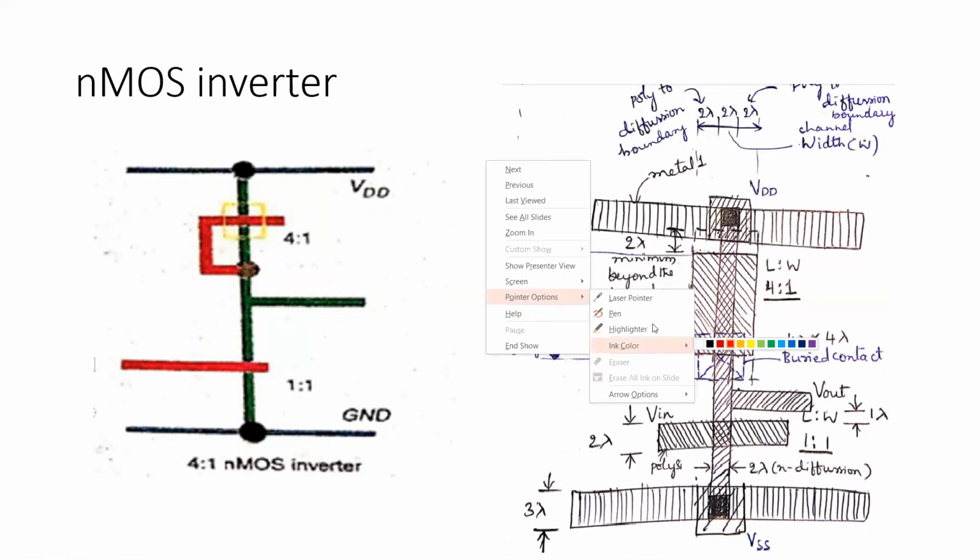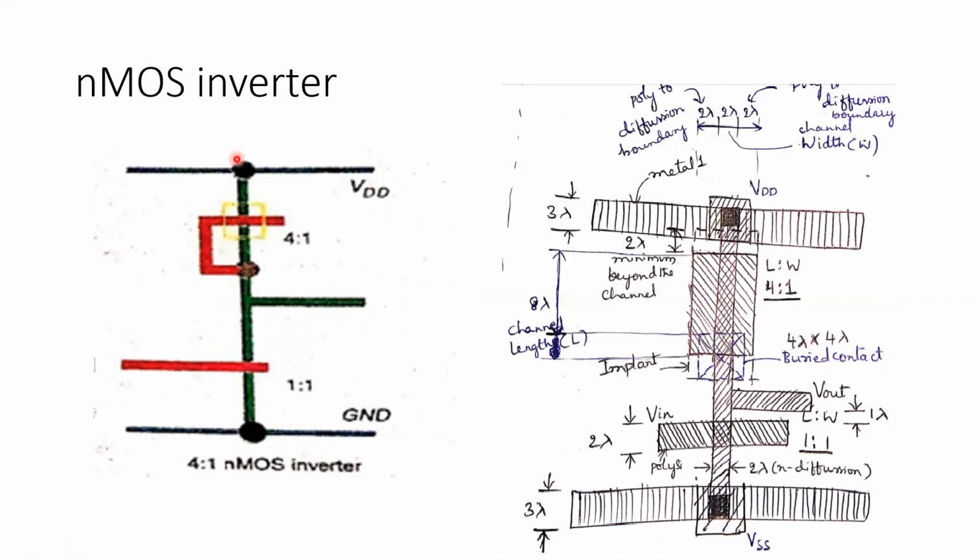That is the first construction in our stick diagram, VDD and VSS rails. Similarly here, VDD is represented using a metal 1 rail and VSS also using metal 1. And we know that the width of metal 1 should be 3 lambda, which is represented here. And the length of the NMOS depletion mode transistor is 4 is to 1 in terms of length to width. So this will be the length of the depletion mode